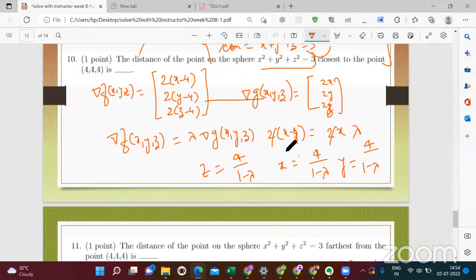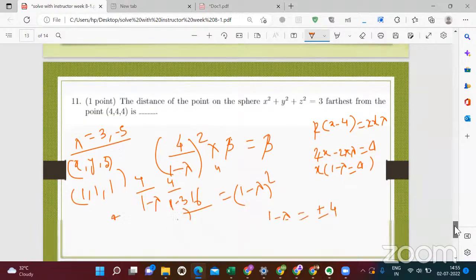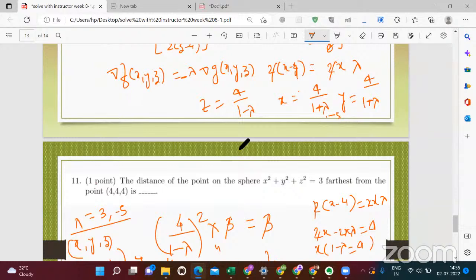Sir, when you did the Lagrangian multiplier equation, I am using del of f equals minus lambda del of g. Then the x value that I'm getting is 4 by 1 plus lambda. So you're getting 4 by 1 minus lambda. The lambda should not make any problem, because even if you write minus lambda, here you'll get plus, but the lambda value you'll get will be minus 5 or something, so you'll get a different lambda here. Are you getting my point? So the lambda value will get adjusted.